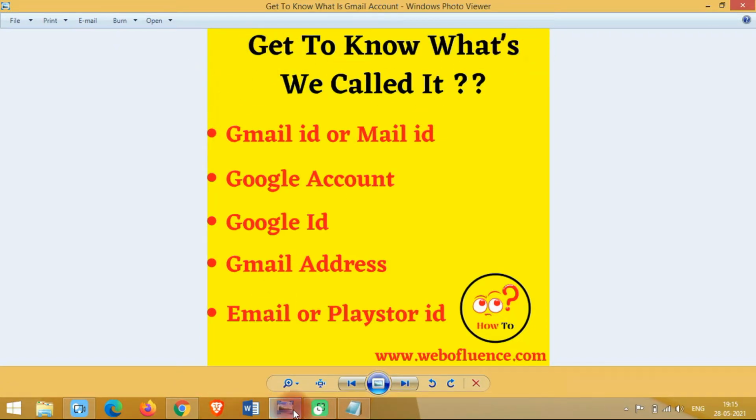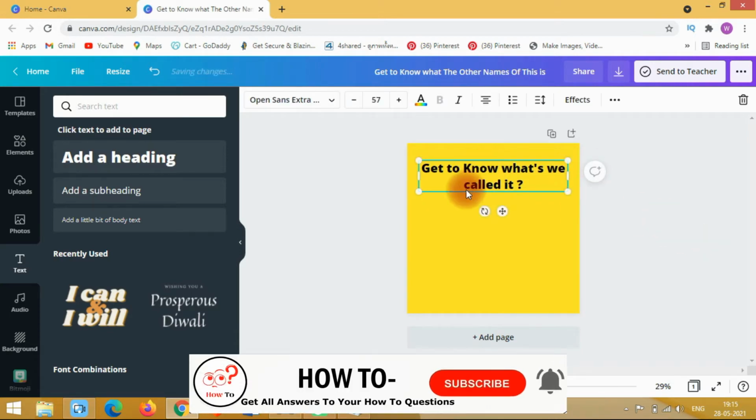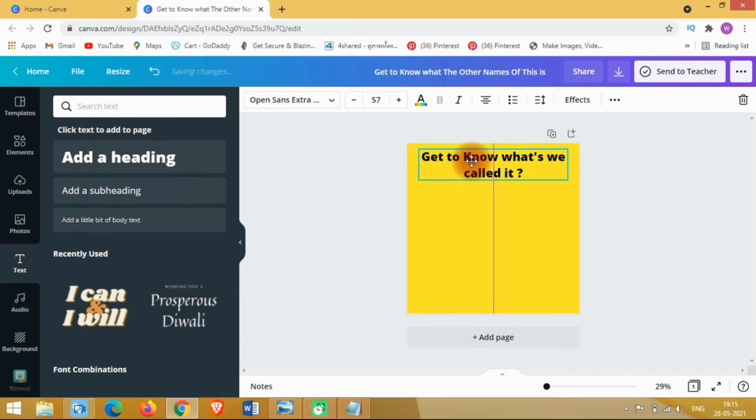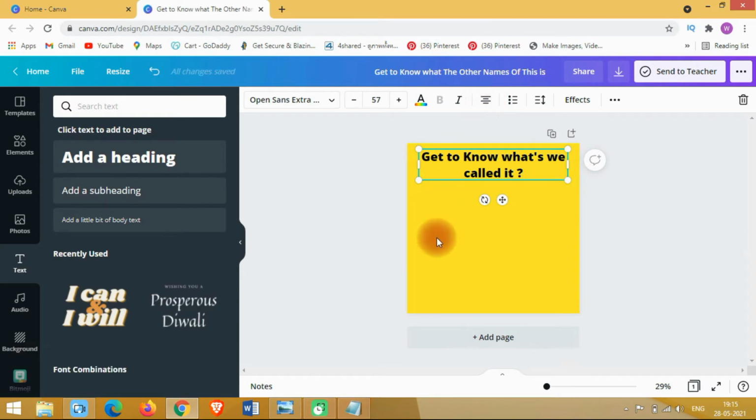I will be keeping the text the same. Then just click and drag and drop here to select the alignment. From this also you can set the alignment like left, center, or right. I will be selecting center.